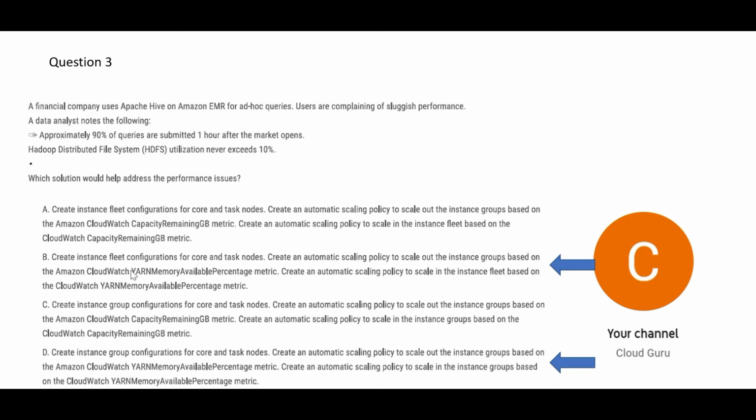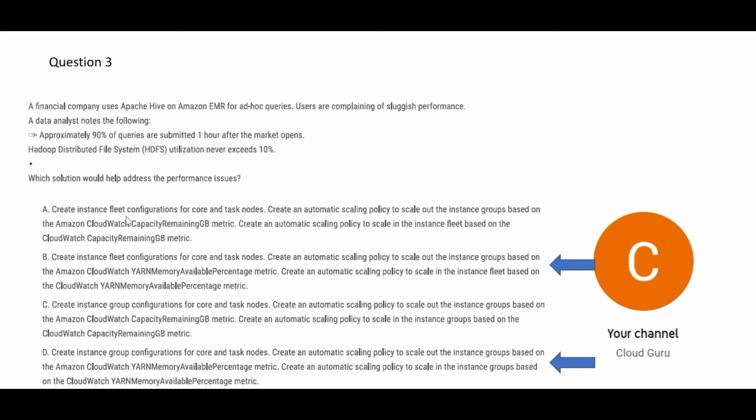Now the thing is, when you see such a scenario where for the first hour the utilization goes to 90%, and I'm assuming for the remaining hours it is not high, and the overall compute doesn't exceed 10%, that means that we need to put some sort of auto scaling. There are two types of scaling: EMR managed scaling and auto scaling. We want to put auto scaling here.